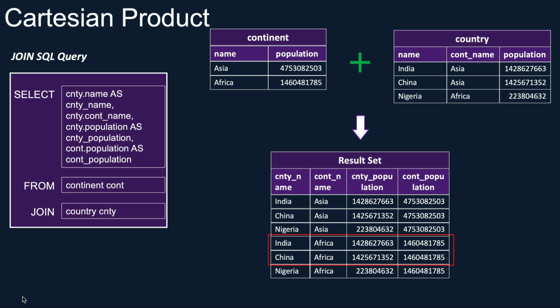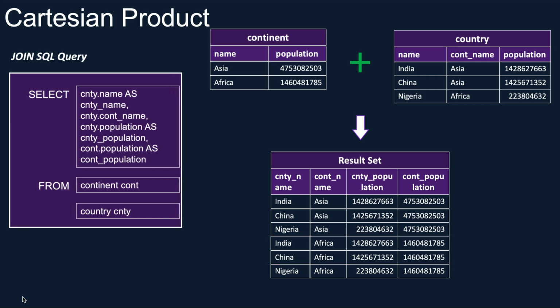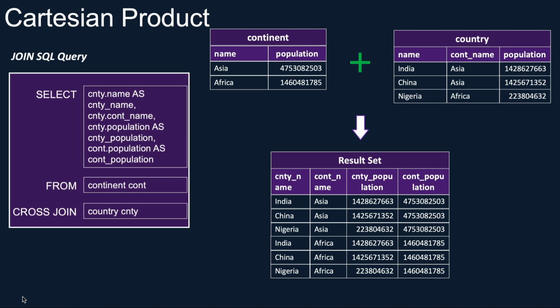If you ever wanted to do that, I would encourage you to use cross joins instead of leaving the on clause out. Cross joins are specially meant for producing Cartesian products. When you use cross join like in this example, you do not have to have the on clause with the